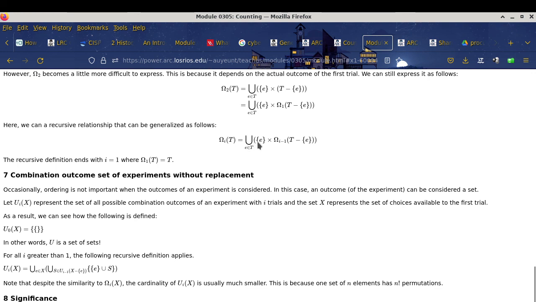All right? And what exactly is that term? Well, that term actually is not very complicated because we have E as the only element within a set. This is Cartesian product. And then we have the recursive call. The recursive call is basically saying, okay, let me think of the best way to describe this. I know exactly how to do it. So